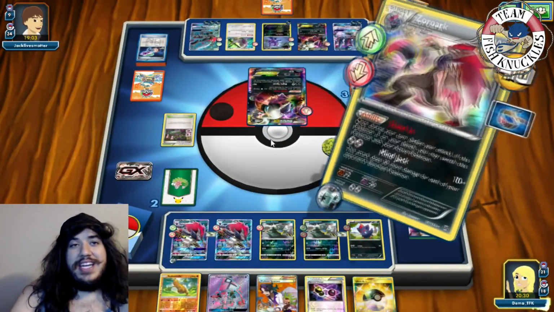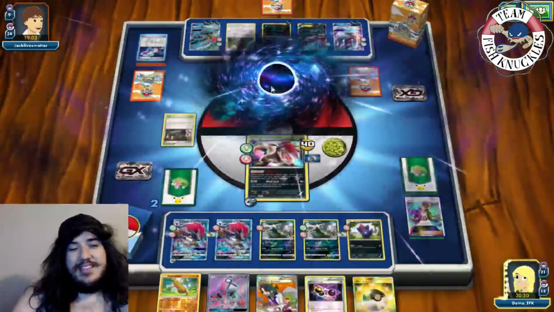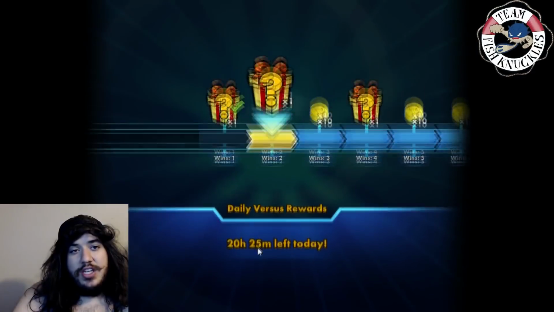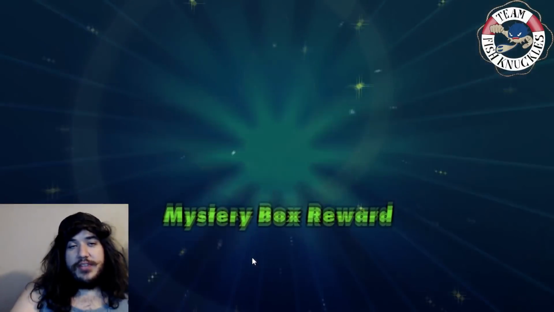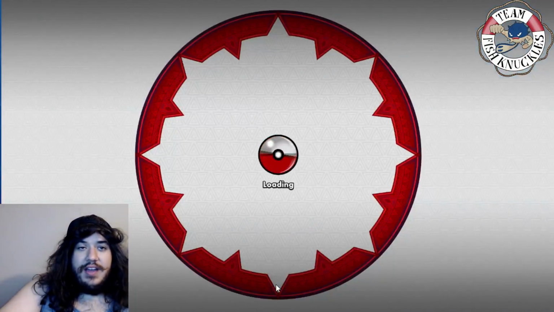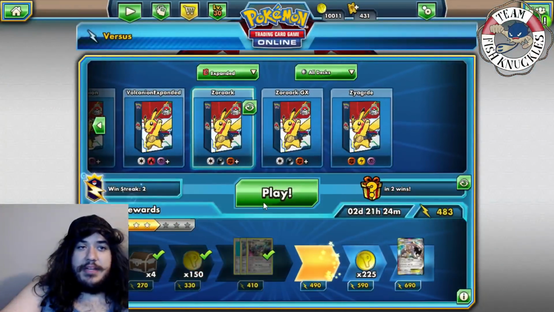So there we go, taking game number 2. Pretty easy. Like I said, this is a pretty easy matchup nowadays. So Choice Band comes out of the prize card. One more game left. Alright, 25 tokens, press done. Did 560 damage. So game number...